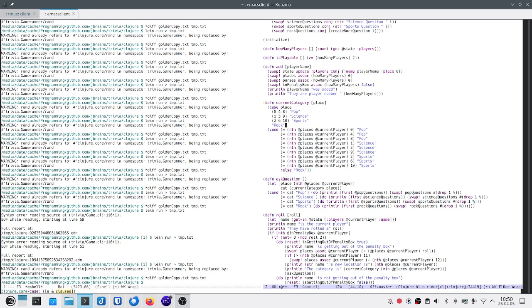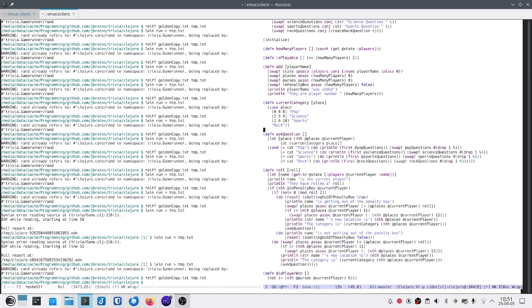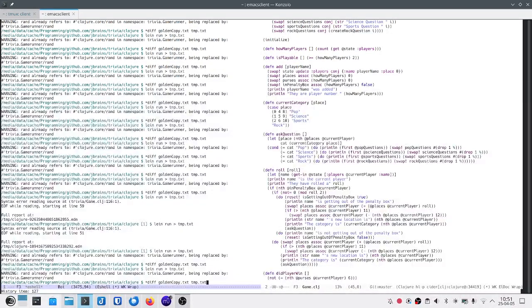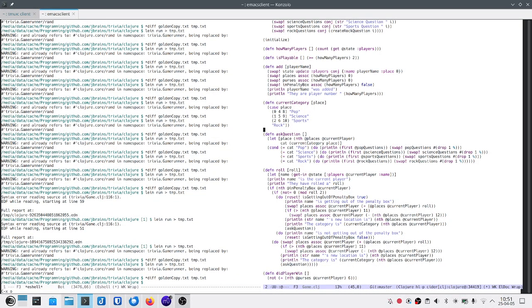What this one does is it says switch on the value of place, and if it's the value 0, 4 or 8, then return pop, 1, 5, 9 return science, etc. There's a cond statement you can see here as well, which takes something which evaluates to true or false, and if it's true, it returns that, and if it's false, it goes to the next statement. That's how cond works. In cases similar where you just want to match against something. Let's see if I broke something. Well, I didn't break it at least, and it seems to work the same. That's good.